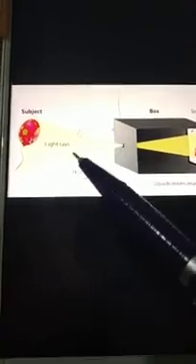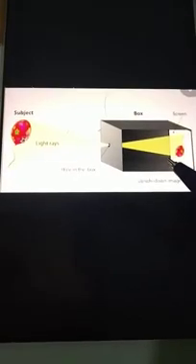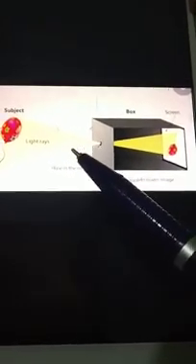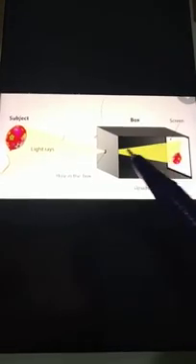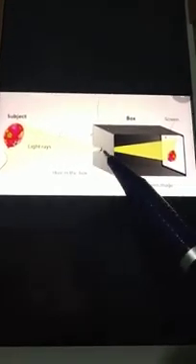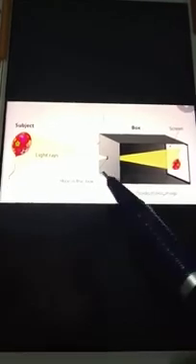Now let's discuss the characteristics of the image formed by a pinhole camera. The image formed is inverted. As I have told you, the image will always form inverted. The image is real as it can be obtained on the screen. A real image can be obtained. The size of the image depends upon two important factors, which are given in your book. The first is the distance between the pinhole and the screen. The size of the image depends on the distance between these.